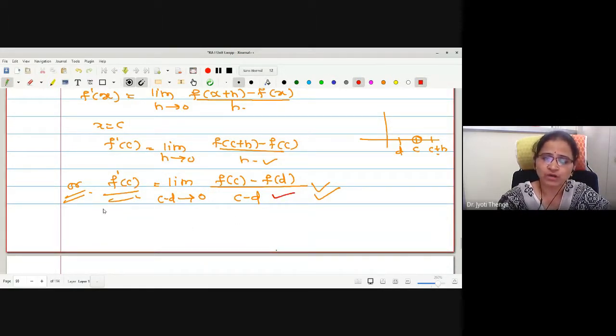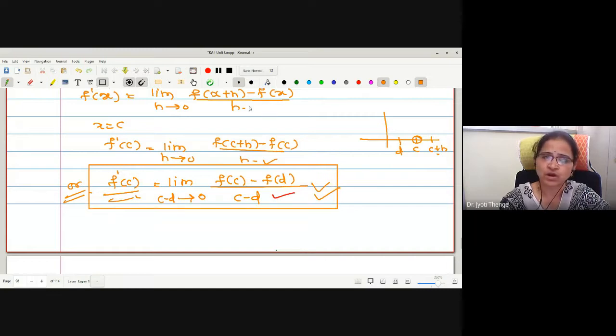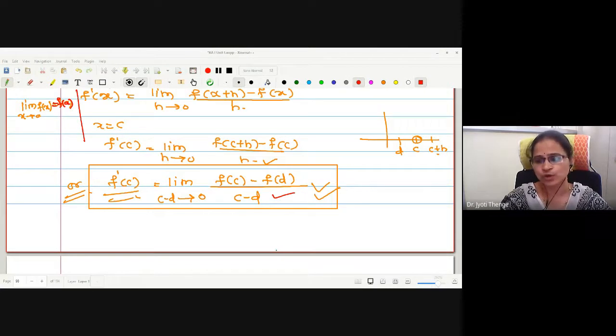Now, if I wanted to write this limit in epsilon delta notation, then how can I write? This is the limiting definition, no? Limit format. How can you write it in the epsilon delta notation? Whenever you are writing limit x tends to a, f of x equal to f of a, how are you writing its epsilon delta form? Because both will give us the same meaning, no? Either the limiting value of x tends to a, f of x is f of a, in epsilon delta notation, how can I write?